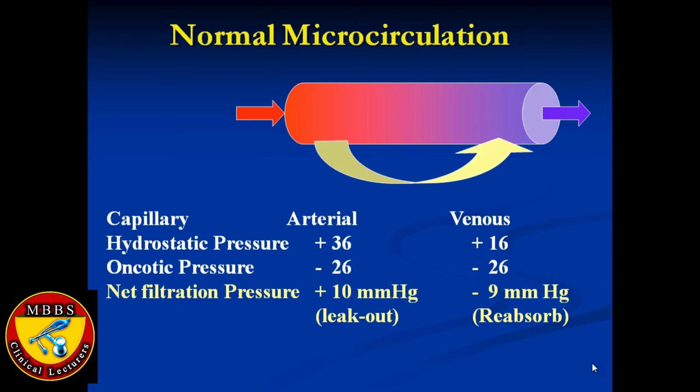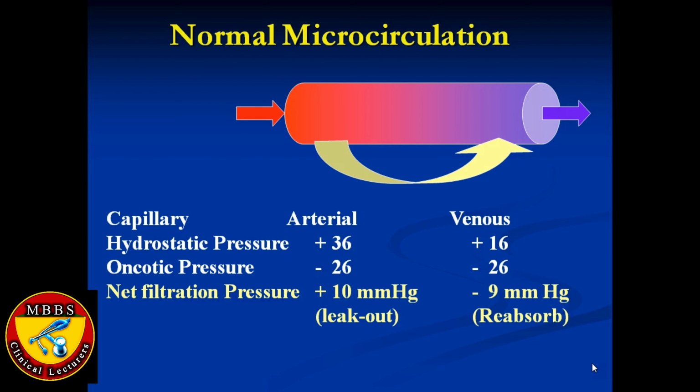And the plasma-oncotic pressure or plasma-osmotic pressure is the pressure exerted by the colloidal contents of the blood, mostly the albumin, and it tends to pull back the fluids from the interstitium